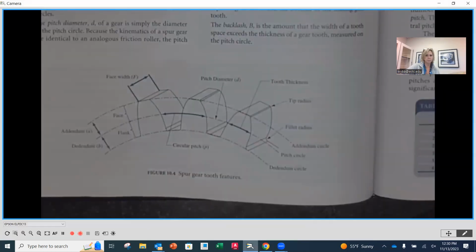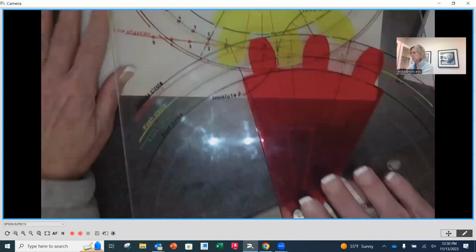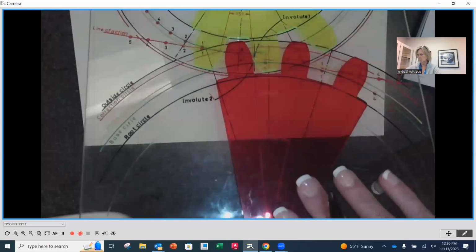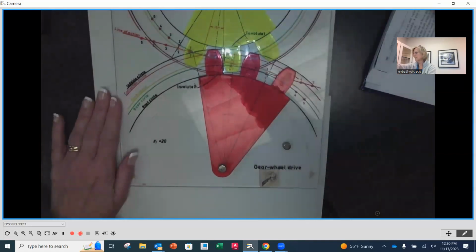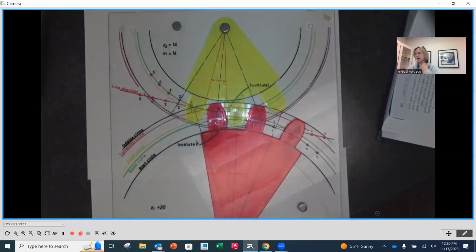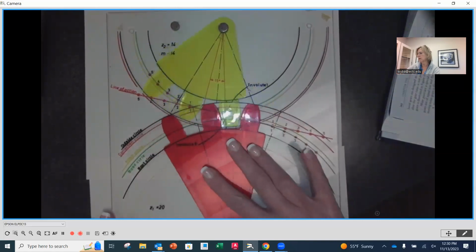Now, I'm going to show you two teeth that are in engagement. This is kind of a cool illustration. Let me put a couple pieces of paper down so that hopefully online this is easily seen. Okay. So what we have here is a couple of teeth that are simulating a full rotation for gears. As I move this back and forth, we are going to see